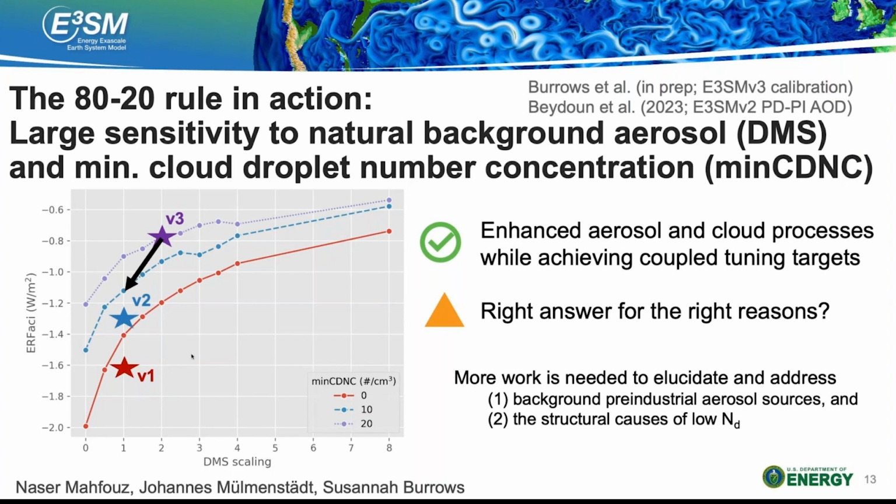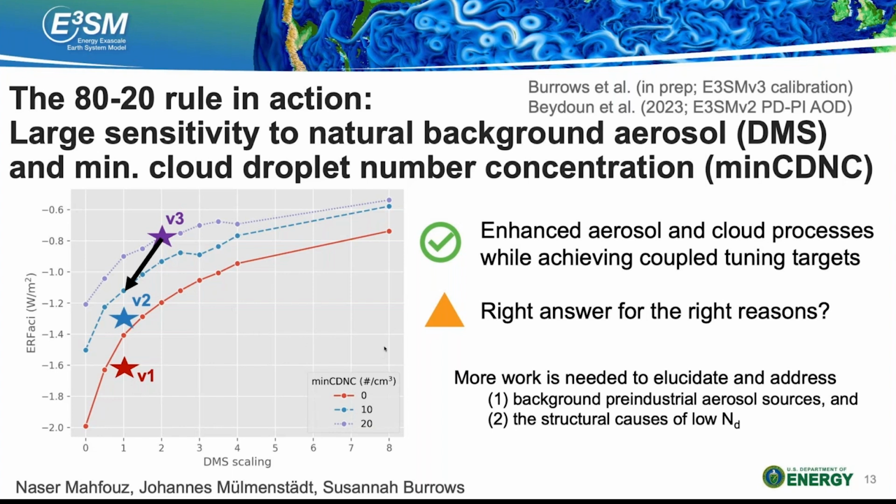So this is kind of disheartening because on the one hand, we have significant enhancements in the aerosol and cloud processes in version 3 that should definitely be appreciated and will add a lot of value to the types of use cases that this model can be used for by the community. On the other hand, it would be preferable if we could have identified a way before finalizing the model to improve the simulation of the historical temperature record without needing to use this kind of unphysical lower bound.